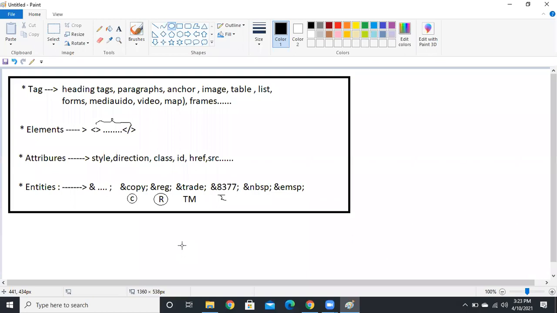There are entities. Clear? So tags, elements, attributes, entities. These four only.